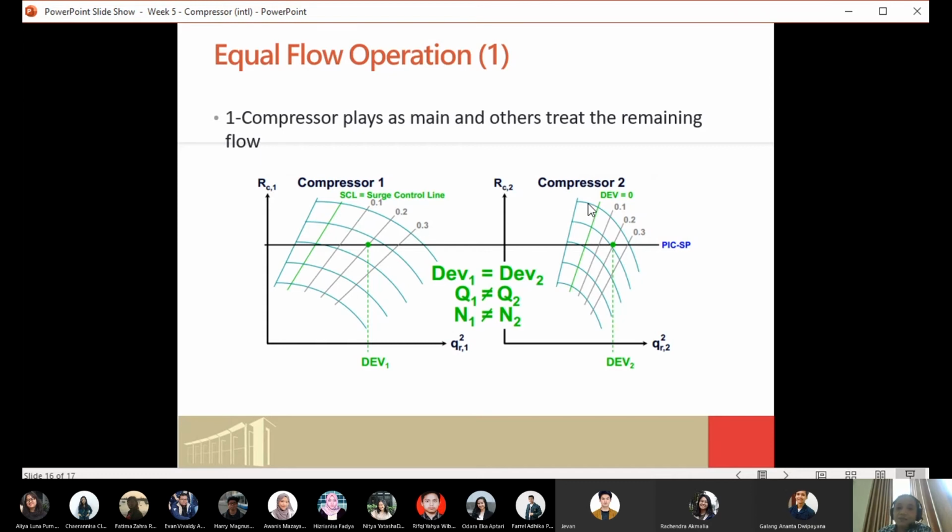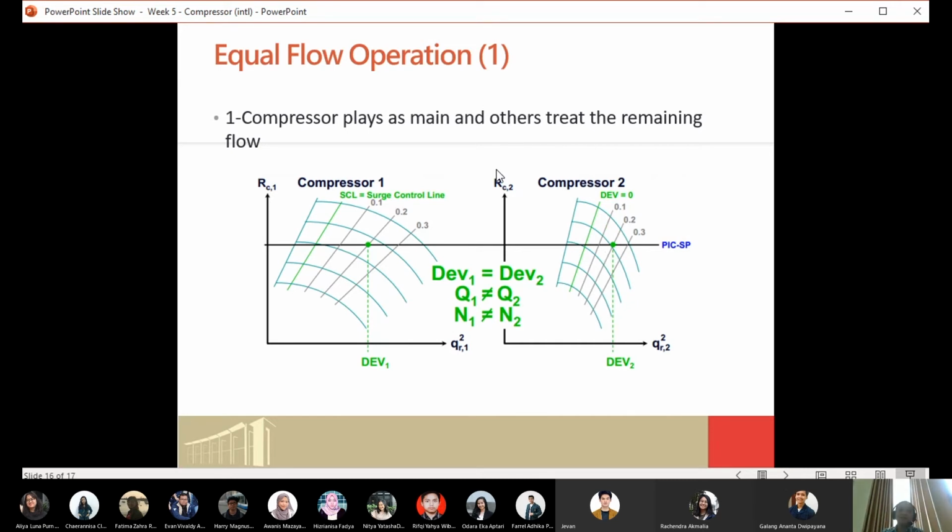You can do the same for compressor number 2, dividing it into different lines, for example 10%, 20%, and 30%. The distance between 10% and 20% could be different from compressor number 1, because the white area is different. In this case the window is different, so it could be different.